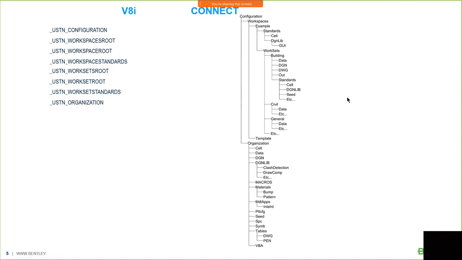All right. We've introduced new variables to point to these locations. So these operational variables under our USTN variables, the configuration points to configuration. There's an odd thing here. There's workspaces root and workspace root. Note the plural S. So workspaces root points to workspace. Spaces, this folder right here. So there you go. And then workspace root, I should say, is the individual object within the